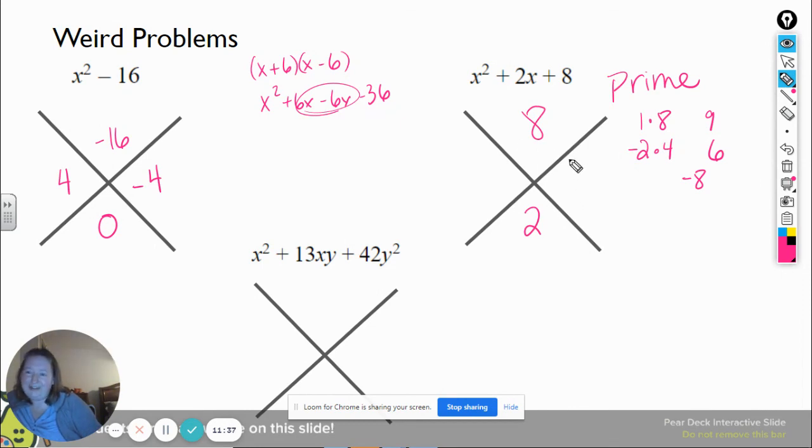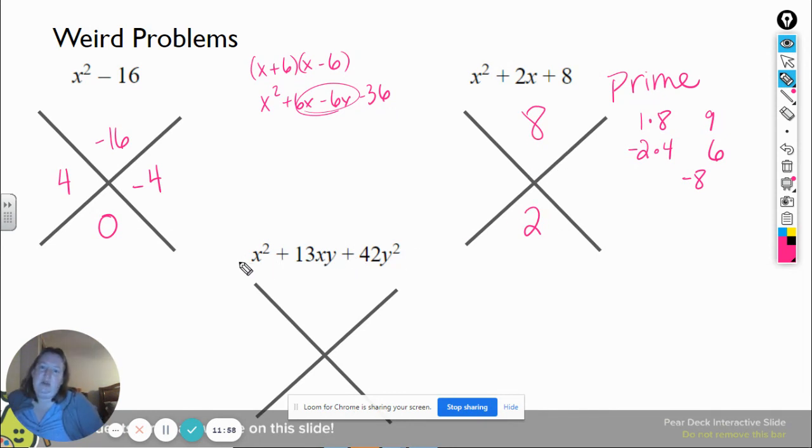Now don't go thinking just because you haven't found the numbers that all the problems are prime. Okay, they're not. You probably just don't know what you're doing yet, and you need to try a little bit more. But occasionally you will find a problem that's like this. It's not that it's not factorable, because you can always use the quadratic formula on it, but more on that